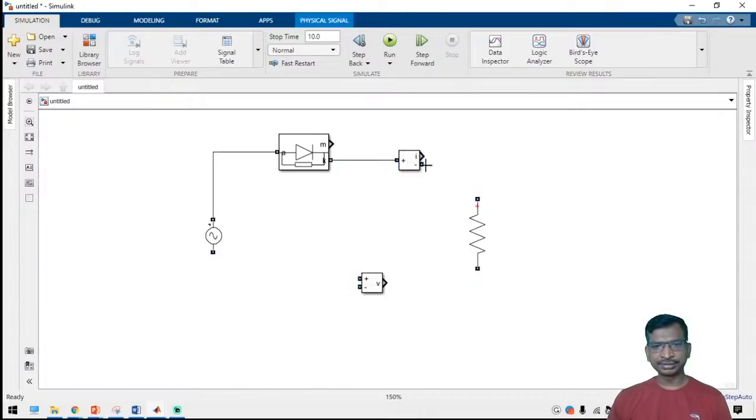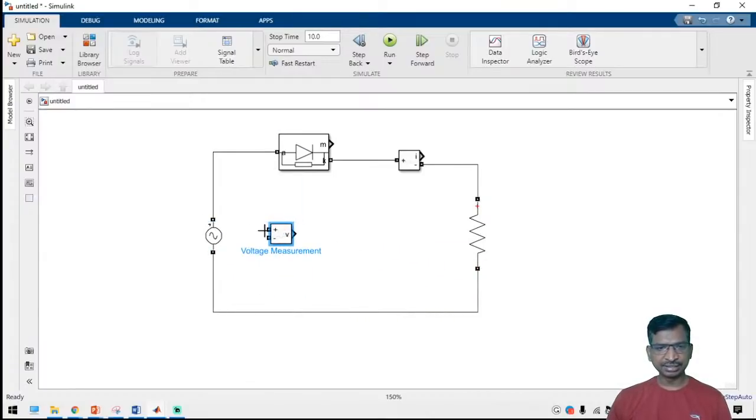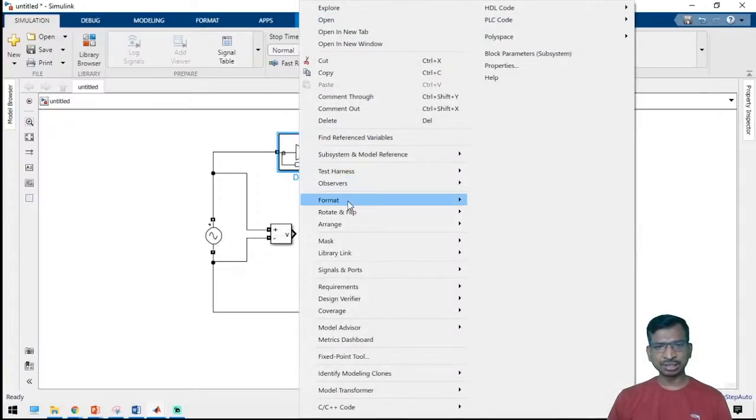Yes, I have connected, and I am trying to connect all these things. So this is the input voltage and this is the output voltage. If you want to see the block names, I will enable it so that you can use it for your reference.